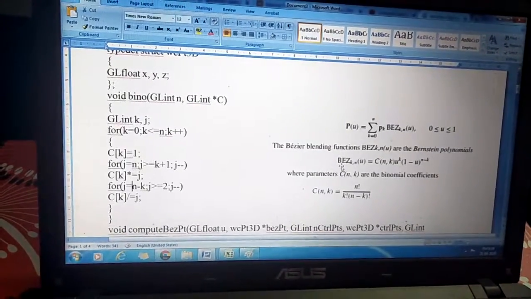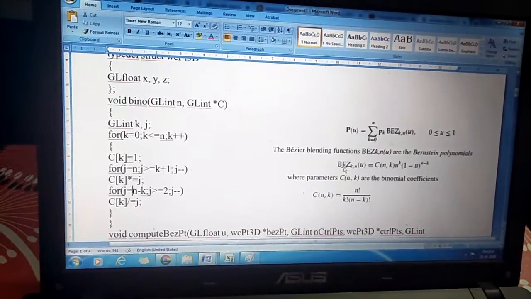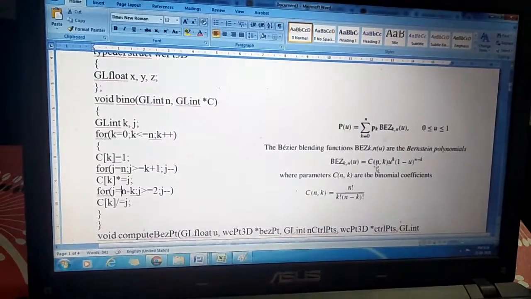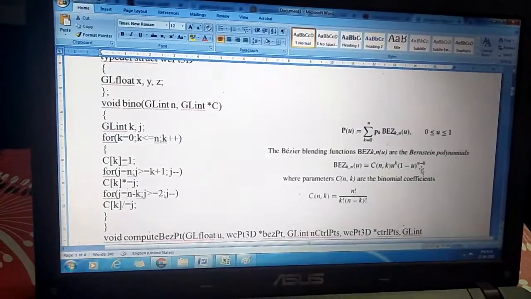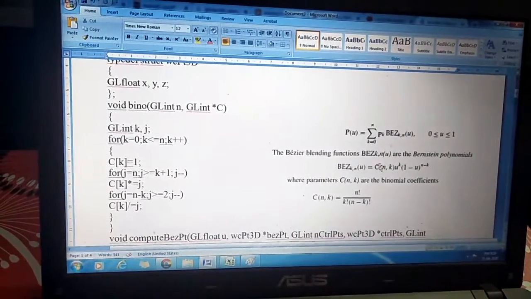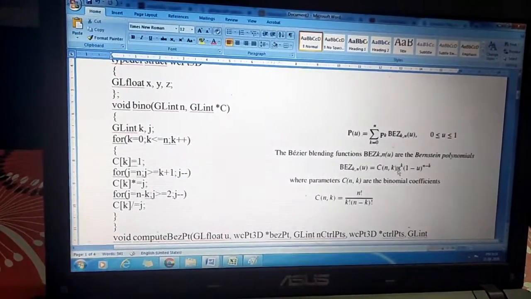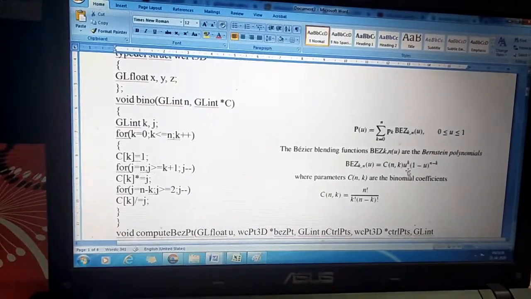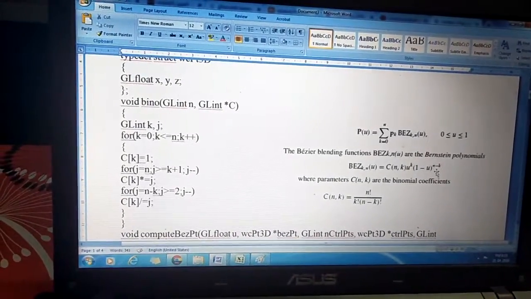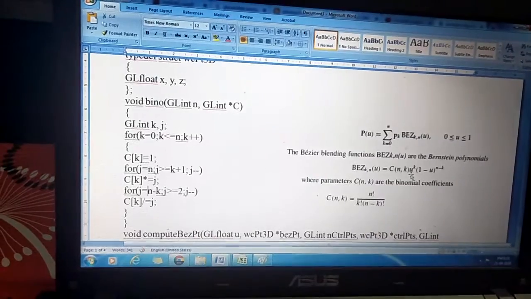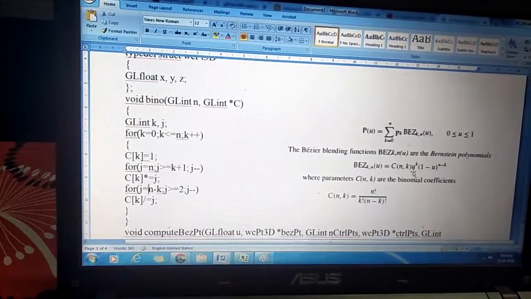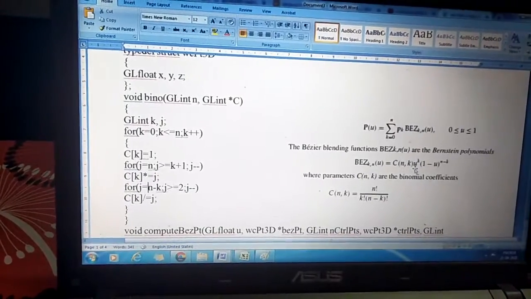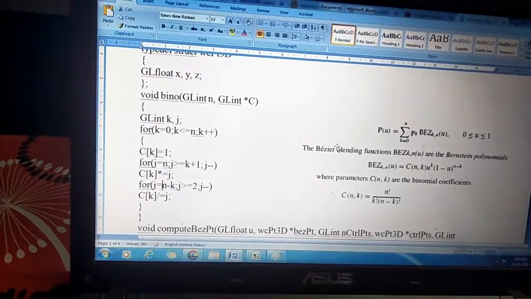Can you just look at the Bezier blending function here? That is c of n minus k into u power k into 1 minus u power n minus k. So we are done with the calculation of c of n minus k now. We are left with u power k and 1 minus u power n minus k. When I speak with respect to u power k, that is u with respect to x and y, meaning ux power k, uy power k. Individually we have to calculate those. That we'll see now.